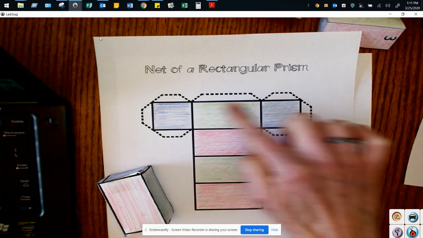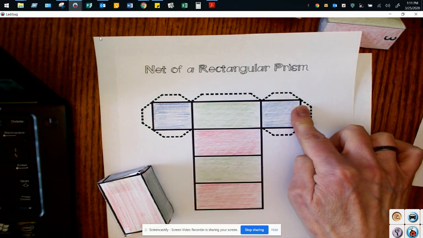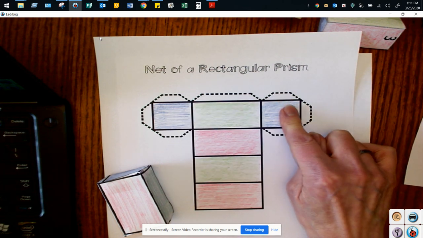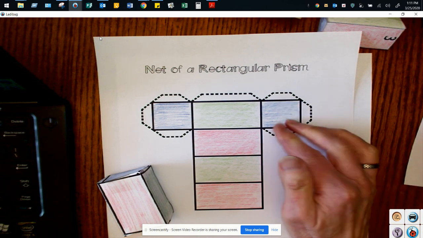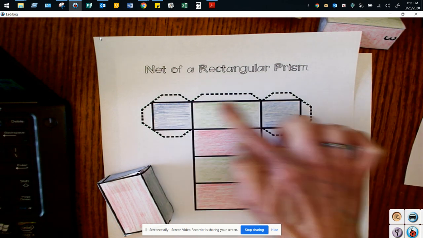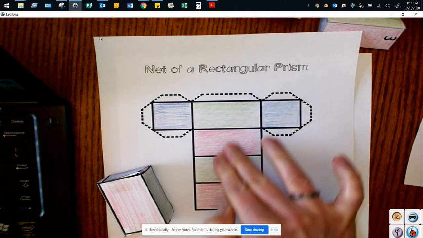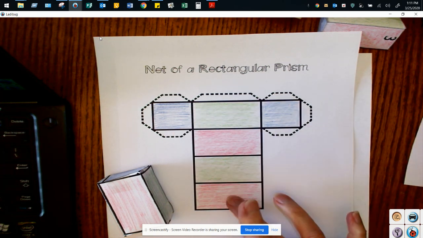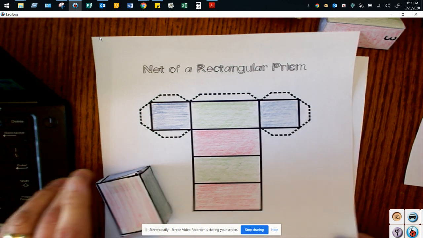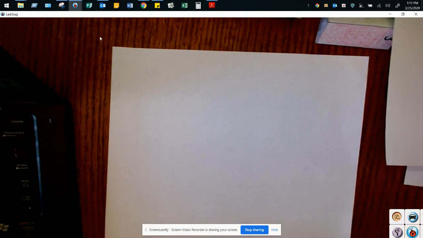It's only because the two ends of this rectangular prism happen to be those special rectangles called squares. So when we're thinking about putting together the surface area, we're going to need the top and the bottom of the prism, the opposite sides of the prism, and then those other opposite sides of the prism. So if I take a look at this example,